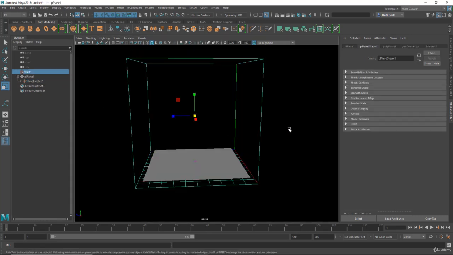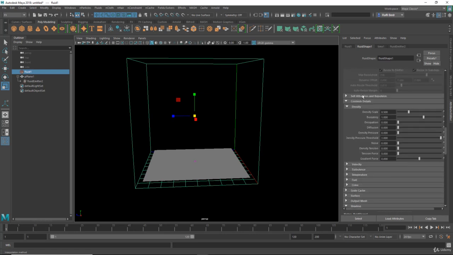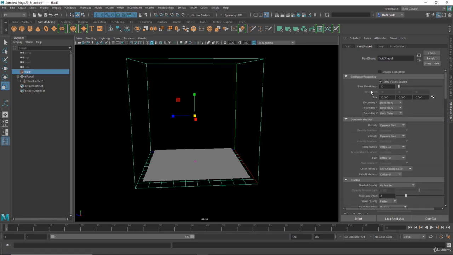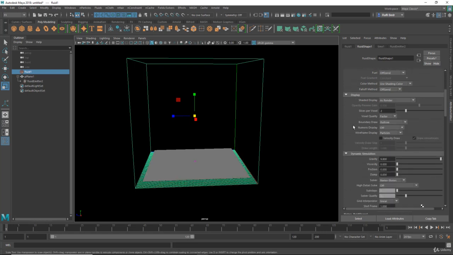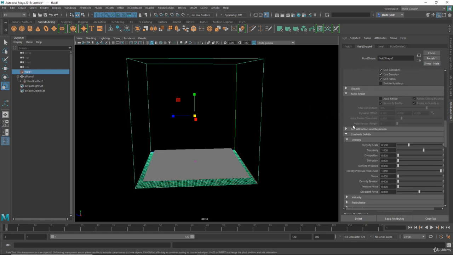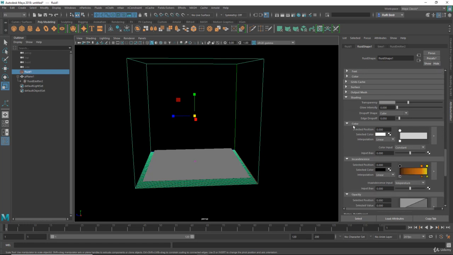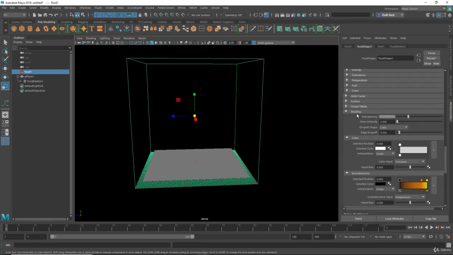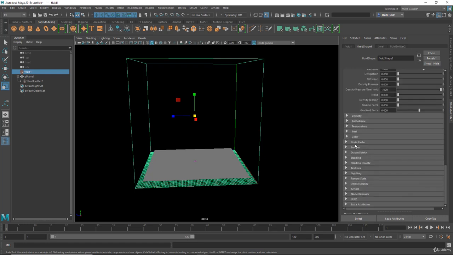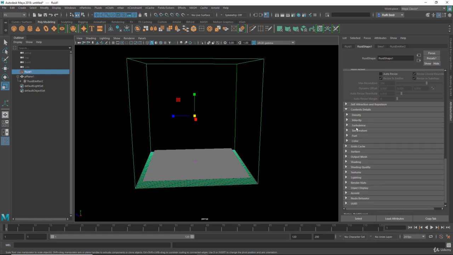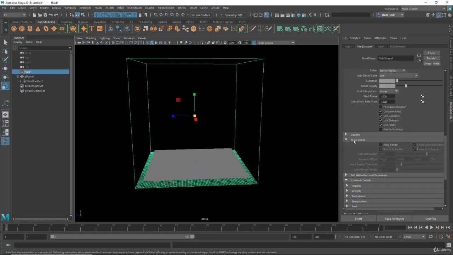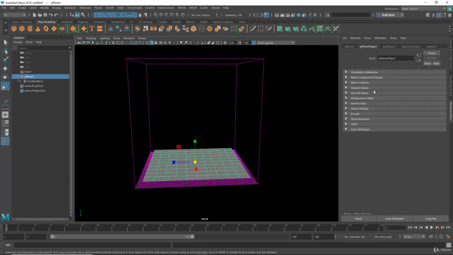So now if I select that and let's go up and let's increase the resolution to about 80 for now, and I want to do another step. I want to scroll down and turn on auto resize. Okay, where is the auto resize? And it's here. Okay, so let's click on auto resize,